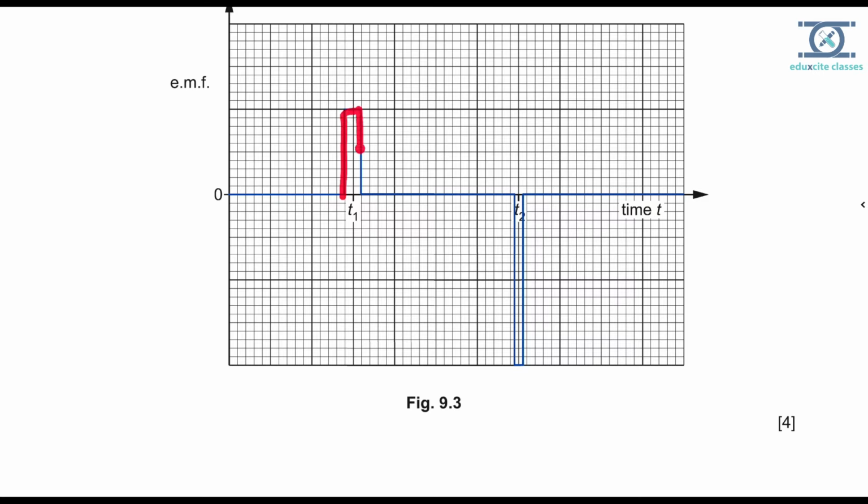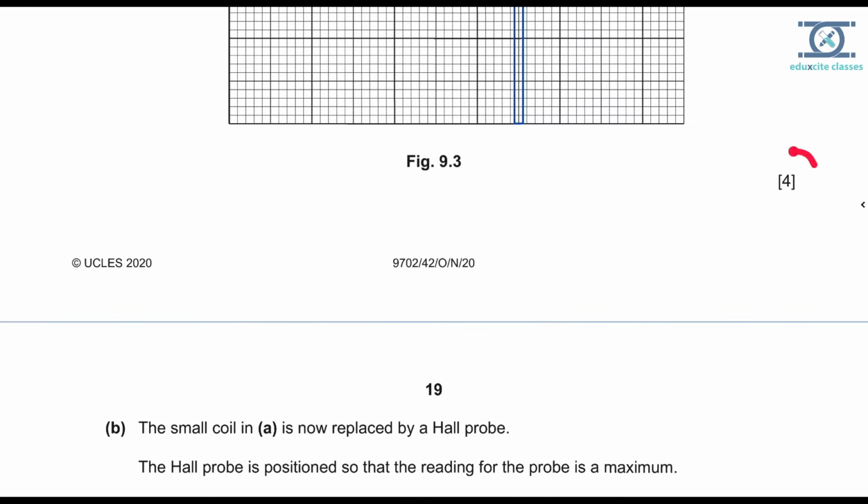Here it will be changing for two boxes, so the magnitude will be like this. It changes for two boxes, but the magnitude I have taken is 1 times. Let us say it is 1 times. And for T2 it is changing in only one box, and that too decreasing. So the EMF induced will be in the opposite direction and double the magnitude. Why? Because it is changing in less time, just half of the time of T1. Okay, fine. So it is of 4 marks. Look at the marks. 4 marks.